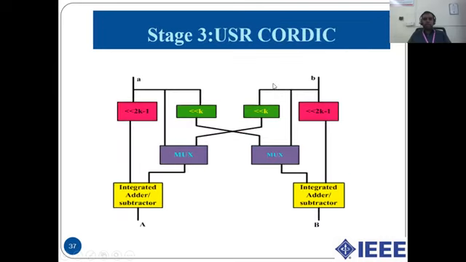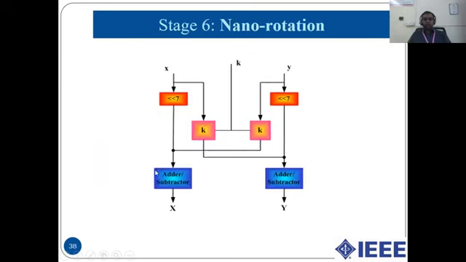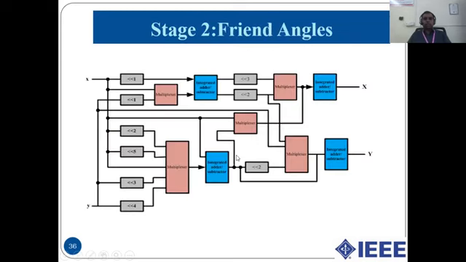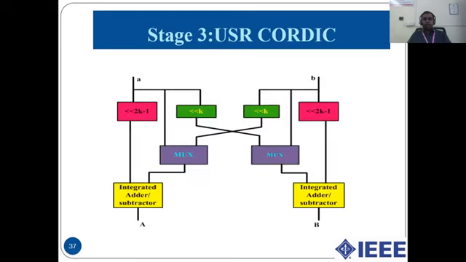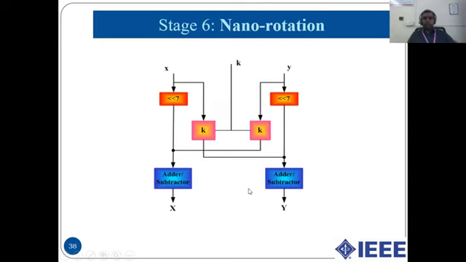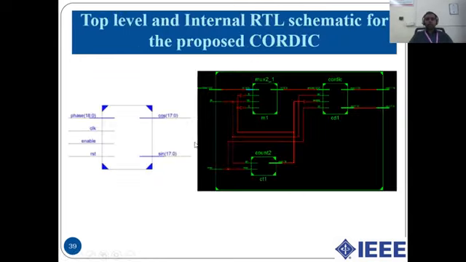Similarly, in stage 3 also we have used integrator adder and subtractor in the place of normal binary adders. And in stage 6 also we have replaced them with our integrator adder and subtractors. These are the hardware architectures after the replacement of the binary adder with the integrator adder and subtractor. The top level schematic and internal RTL schematic of the proposed architecture is shown in